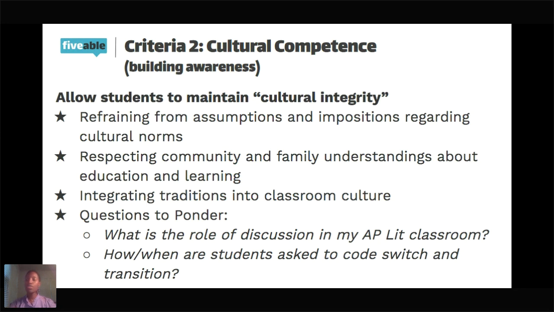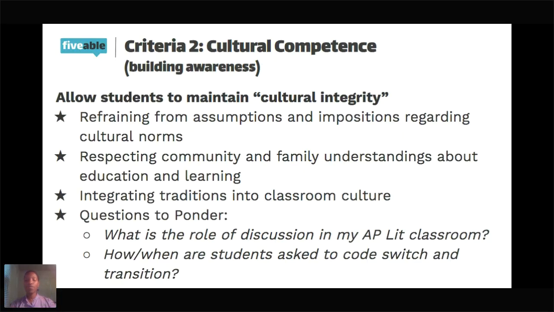say, oh, I know because you are of this culture, you will think this way, or you will work this hard, or not, or your parent will be this involved or not involved. Obviously, we want to stay away from those kinds of assumptions, but also let students tell you what they do come from. Again, thinking about what their expectations are from home, about education and about learning,